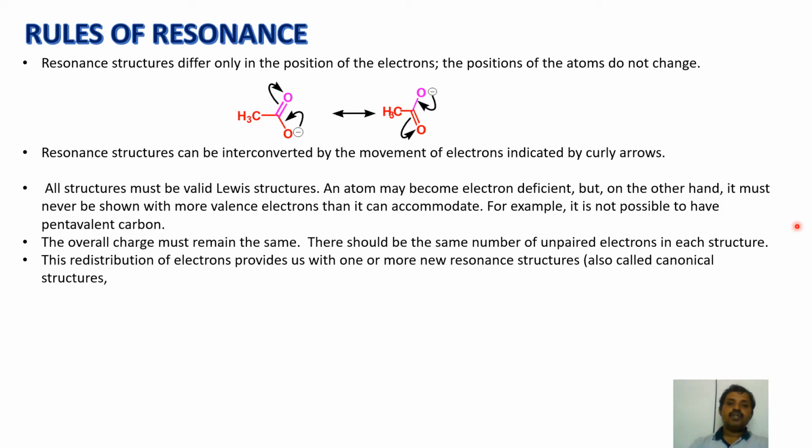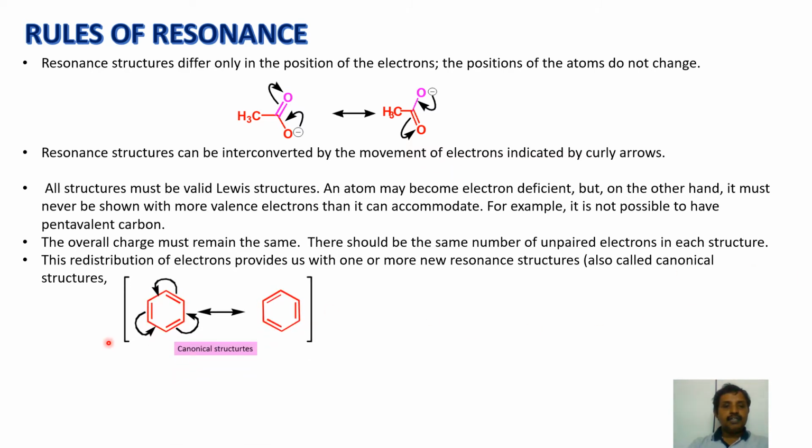These two or three forms of the structures, with the same or nearly the same energy levels, are called canonical forms. Now here benzene has two canonical structures,